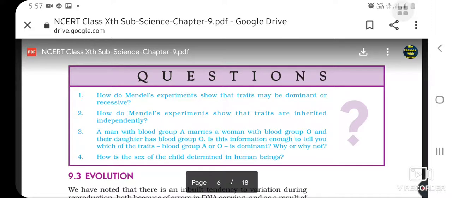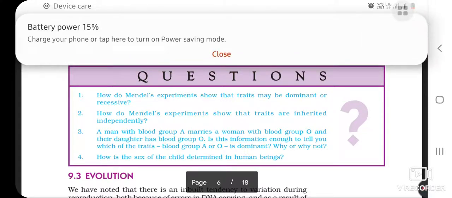Okay. Now question number 4. How is the sex of the child determined in human beings? We know that the sex of the child is determined with the help of